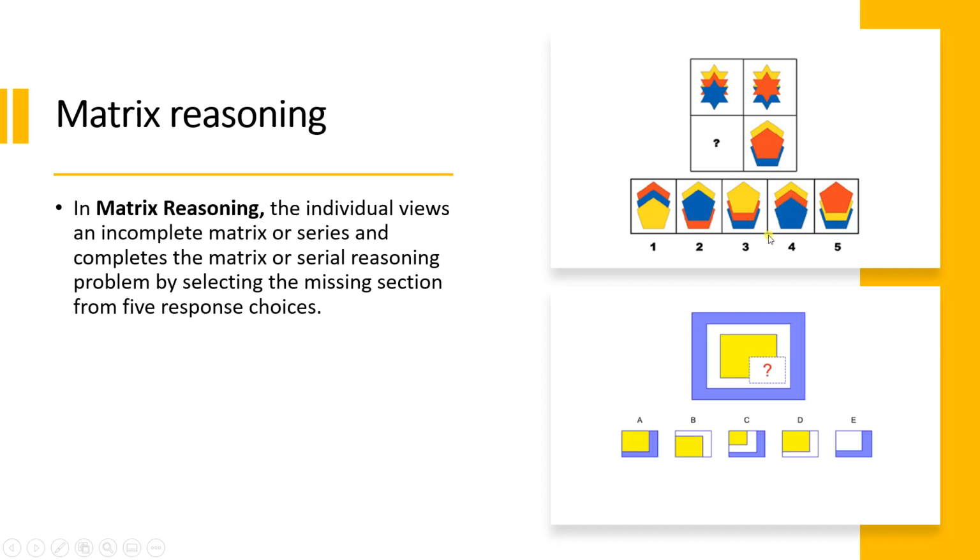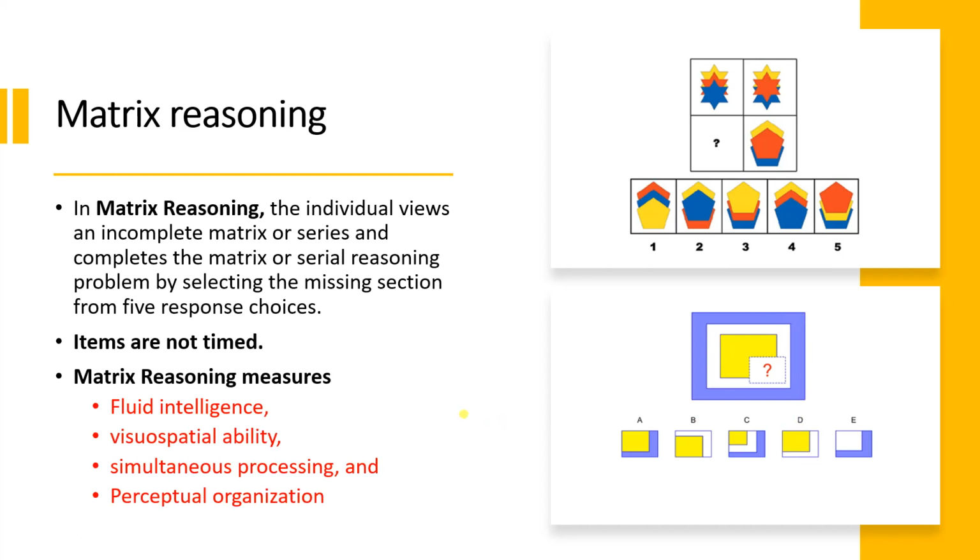Similarly, the incomplete matrix. So this is a simple matrix and this portion is missing, and we have to select any one option. If it is kept here, it will complete the figure. So this is the matrix reasoning task, and remember that items are not timed. So the participant can take his or her own time to complete the task. And this particular subtest is assumed to measure fluid intelligence,